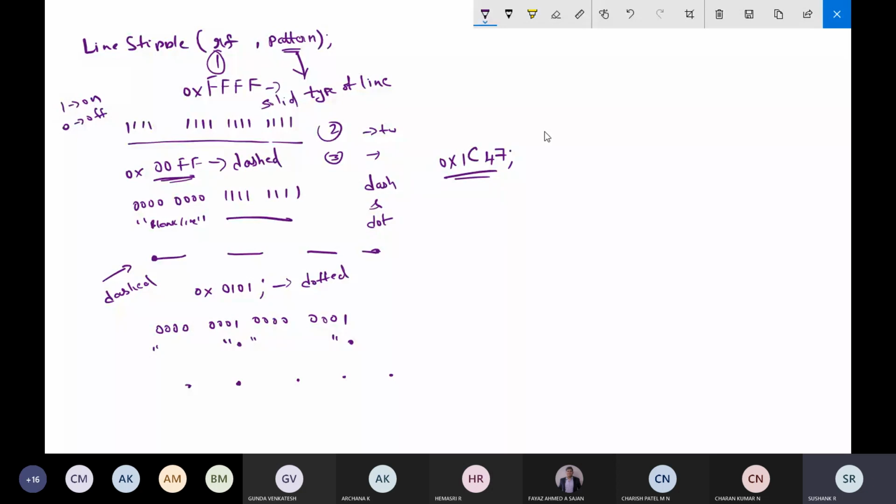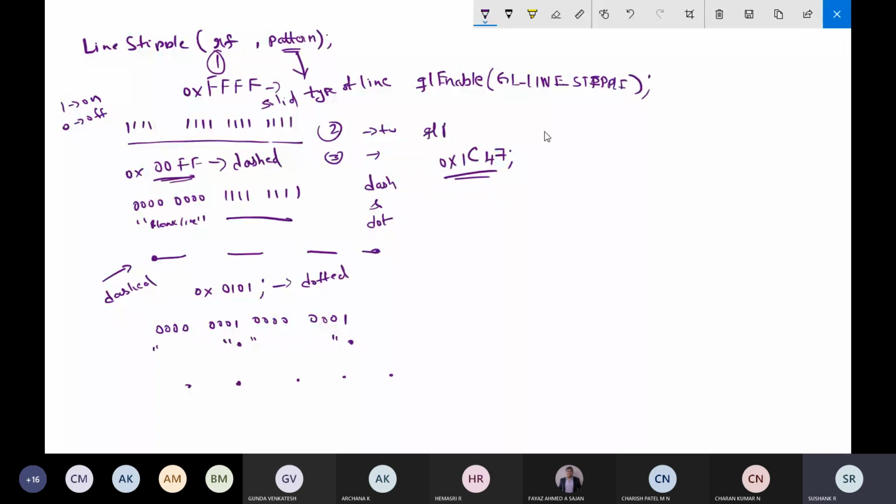So this is regarding the line stipple function. But if you want to activate this feature, first you have to call the function called glEnable. Then you have to call this constant GL_LINE_STIPPLE, and using that you can enable.